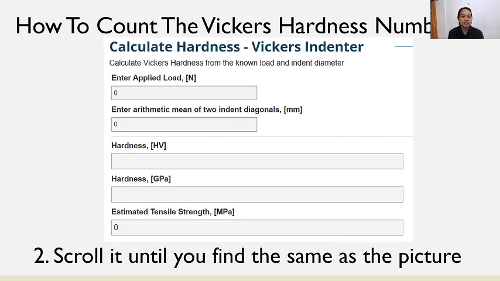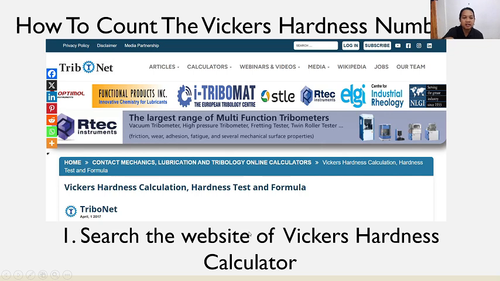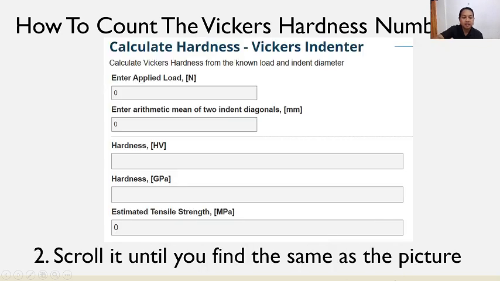In Tribonet, it's the same as the Gordon-England, but there are the plus and the minus for each website. After you open Tribonet, scroll until you find the calculator that is the same as the picture.